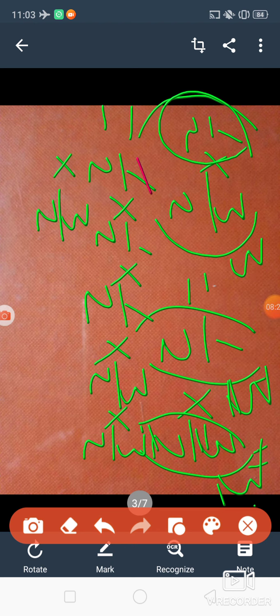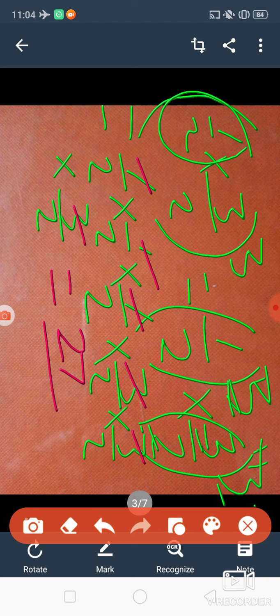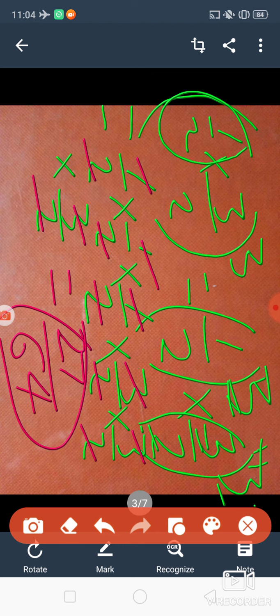So overall what will we get here? Okay, now look here. 1 into 1 will get 1 only. Again 1 only. Then into 3 we'll get 3. Into 3, 9. Into 3, 27. So in the numerator we'll get 27. Now we have to multiply all the denominators. So 2 into 2, 4, into 2, 8, into 2, 16, into 2, 32, into 2, 64. So overall what are we getting? 64. Are you getting it? I hope this is clear to you.